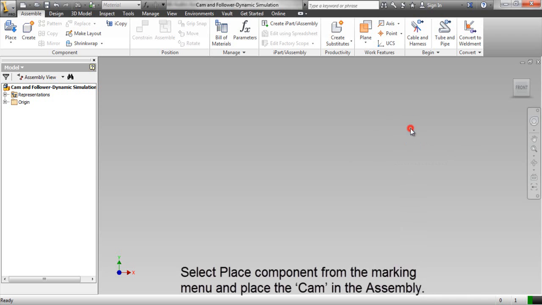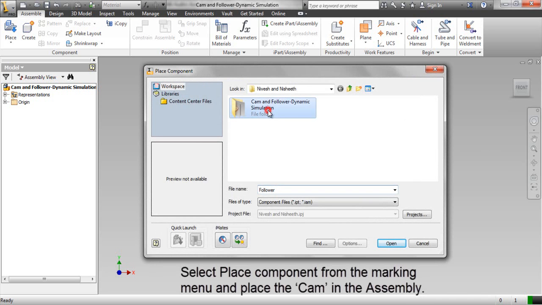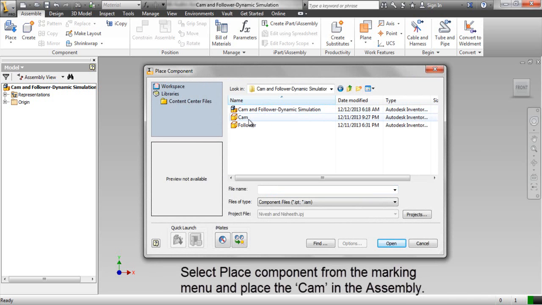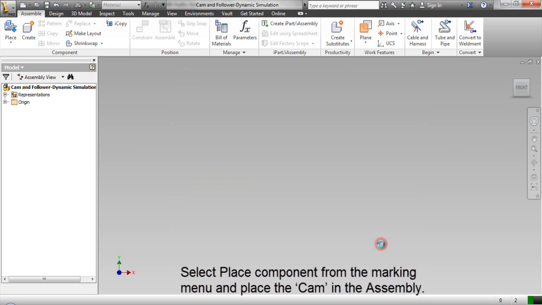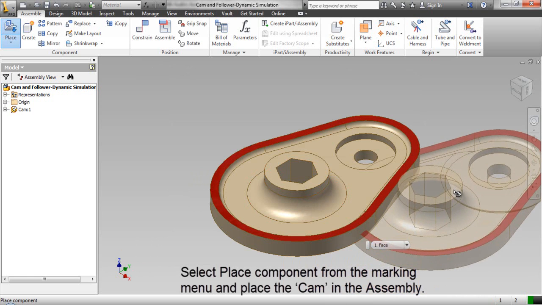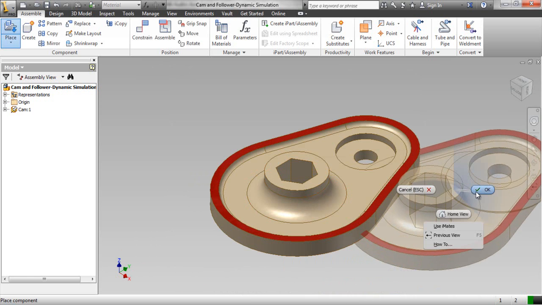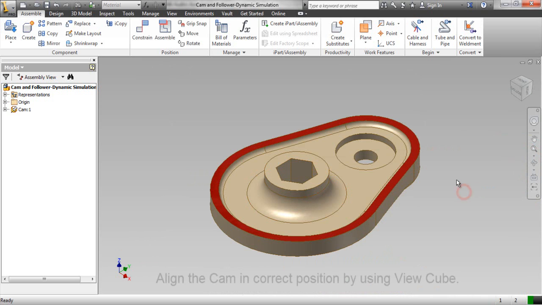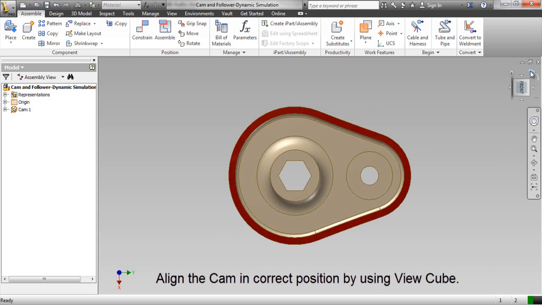Select Place Component from the marking menu and place the cam in the assembly. Align the cam in correct position by using View Cube.